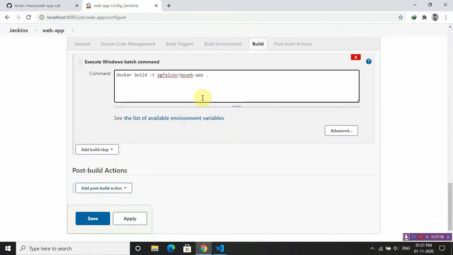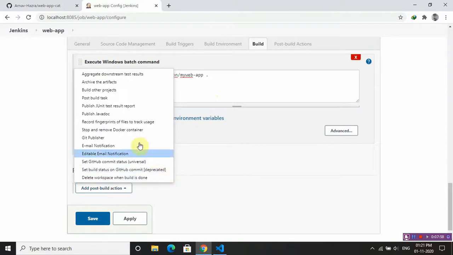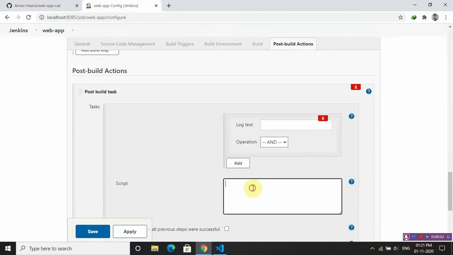We can also add a post build script, so that it deletes any container which was already built, so that when we build again, it doesn't give an error that a certain container already exists.